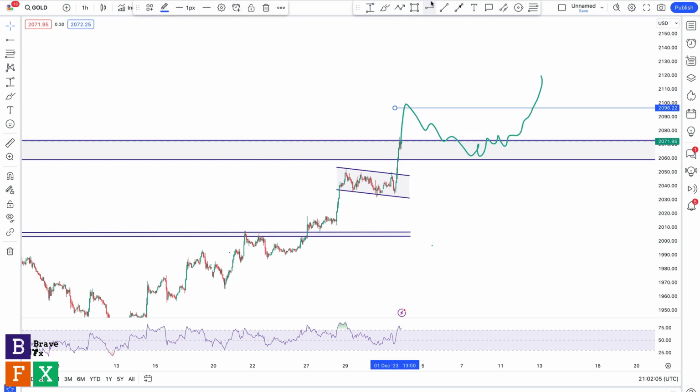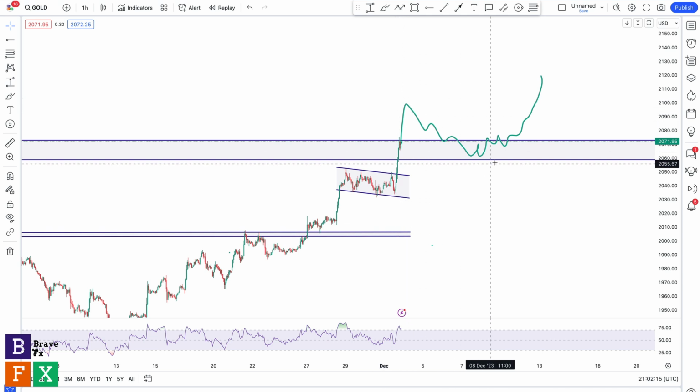It means your stop loss would have to be underneath this consolidation. So to avoid taking such a trade with a wide stop loss, it's best to wait for a retest if you do get a blast through, then followed by a bullish follow through, right? So this is a bullish case scenario.